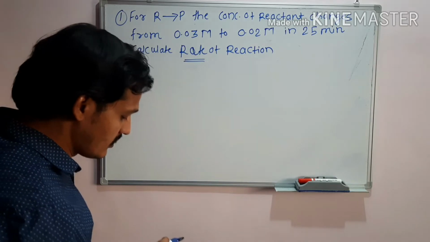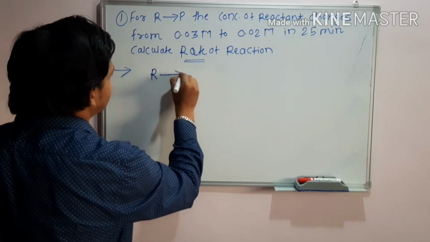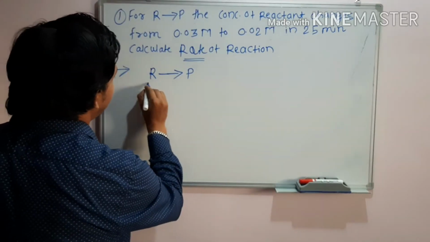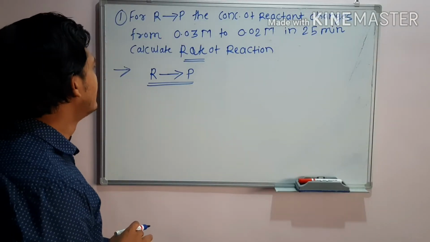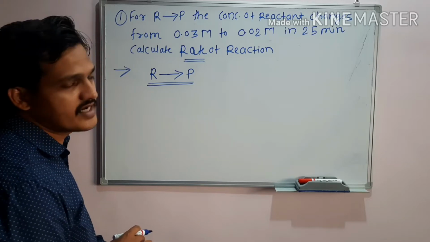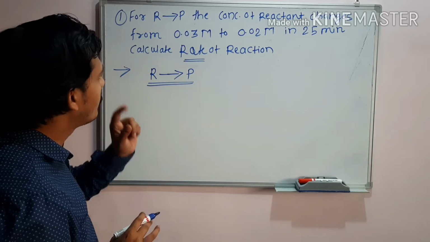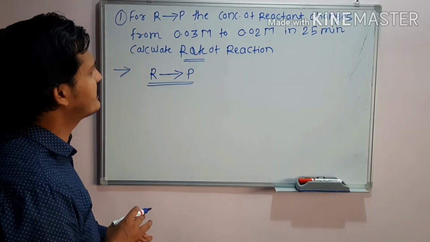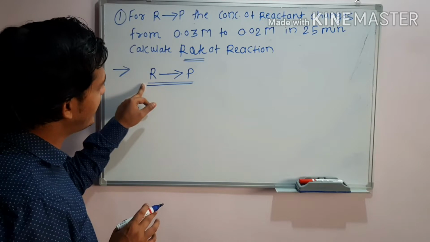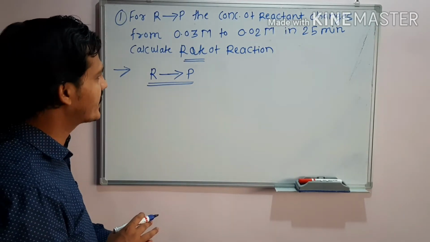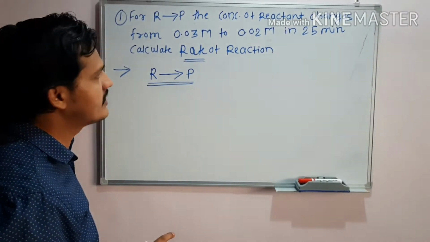Okay, so first of all we have to write the rate of chemical reaction or average rate of reaction. This is our given equation. Reactant R is converted into product P. So first of all you have to understand that the stoichiometric coefficient of reactant R is 1 and product P is also 1. So you have to calculate the rate of chemical reaction with respect to concentration of reactant or with respect to concentration of product. That is the rate of consumption of reactant and the rate of formation of product. The answer must be equal, so don't worry about that.